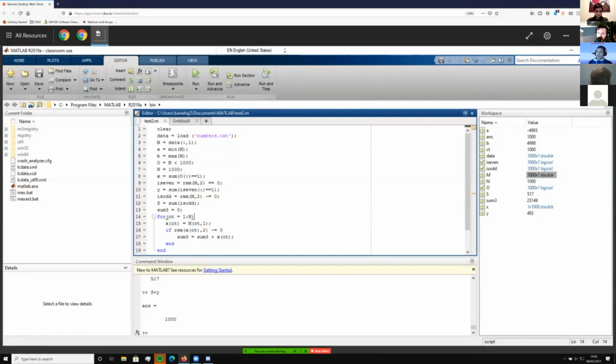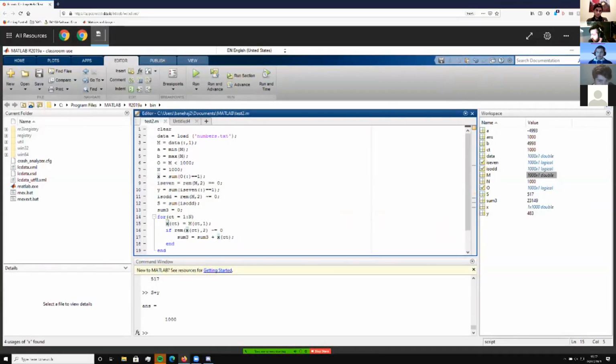Let's see here. Yes, this is a similar thing, but it's for 1,000. So this here is squishing all that down into one line where I can change the value of n. So if I only want to do it for 100 numbers, it'll only do it for 100 numbers. If you only want to do it for 10, it'll only do it for 10.